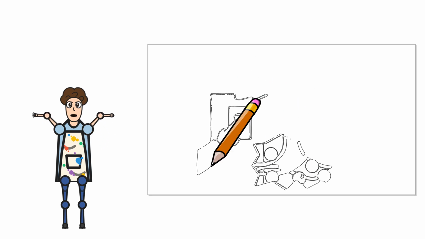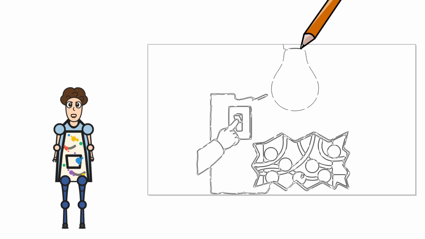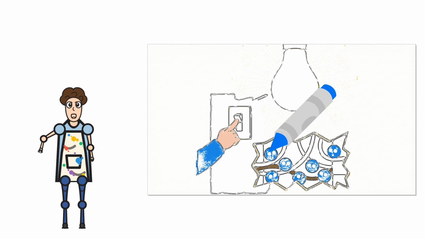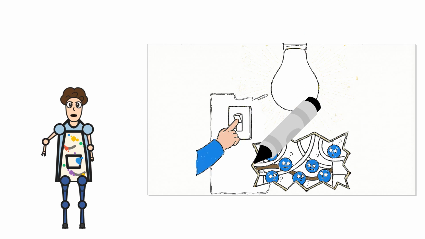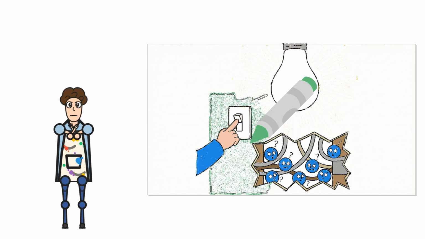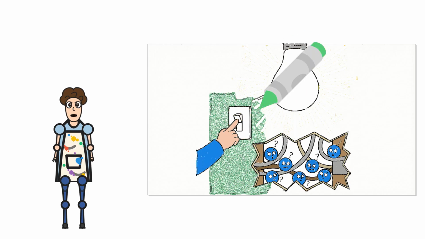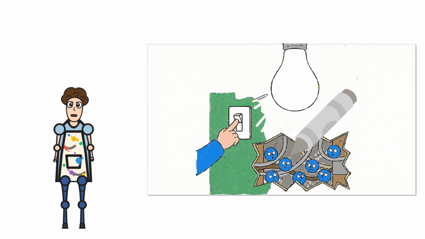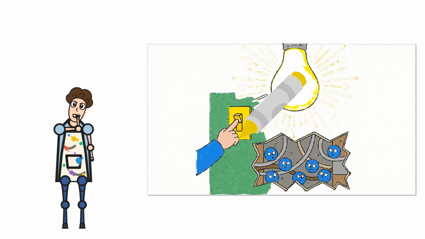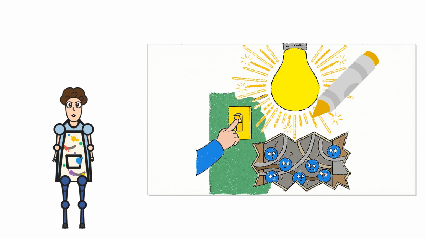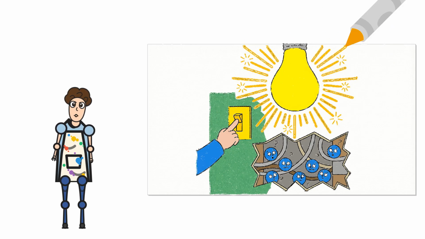Wait, 9 hours? But when you flip your light switch, the light turns on instantly. Not in 9 hours, not in 9 minutes, not even in a second. It happens in a tiny fraction of a second. Something does not add up here. If the electrons are barely moving, what is actually making your light bulb glow? This is one of the biggest misconceptions about electricity. Most people think electrons race through wires like water through a fire hose, but the truth is way more interesting